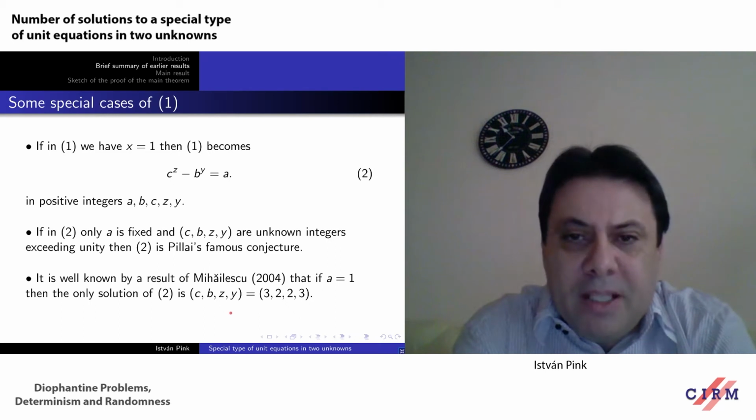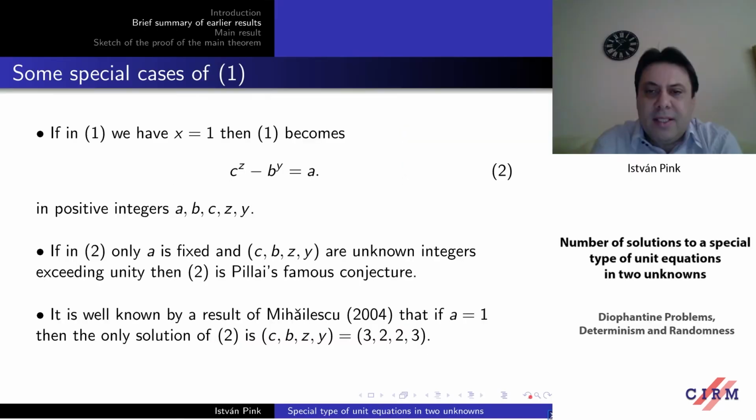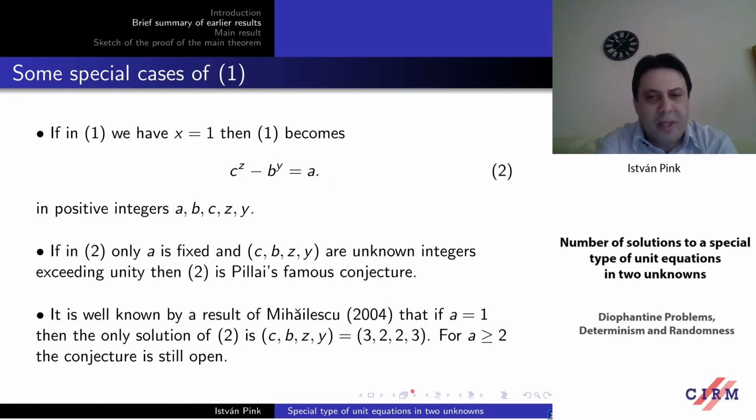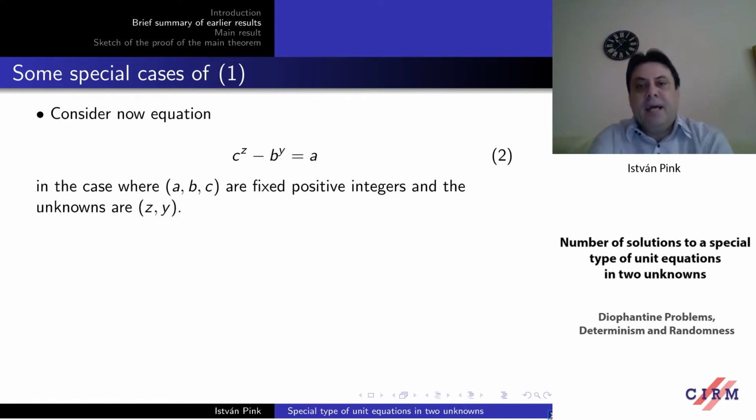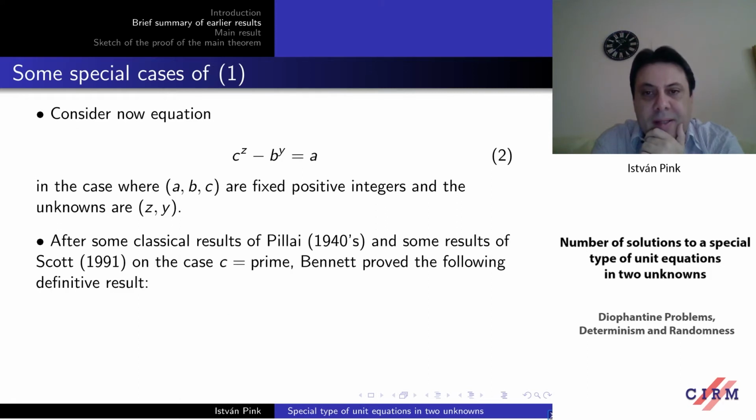And it is well known by the result of Mihailescu that if a is 1, then this is the only solution. But of course, for a greater than or equal to 2, the conjecture is still open. Another previous result: if I fix the bases a, b, c and I take z and y only to be the unknowns, then after some classical results of Pillai and some results of Scott on the case c equals prime, Mike Bennett proved the following definitive result,